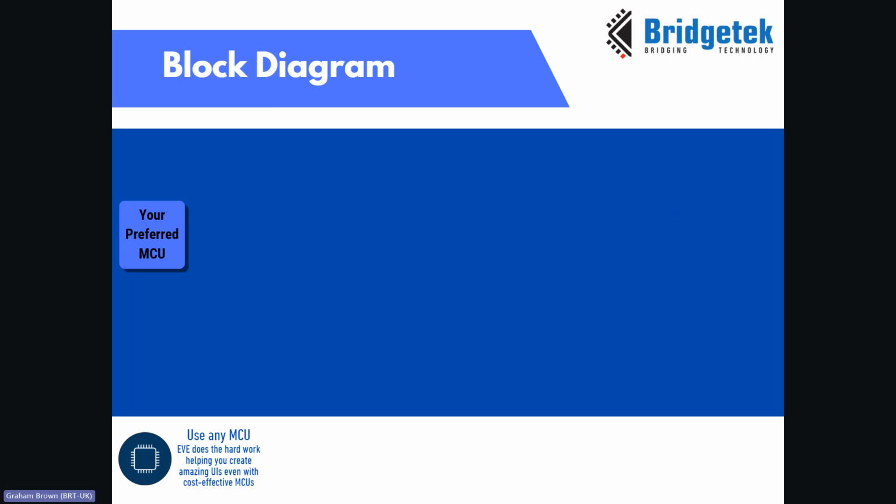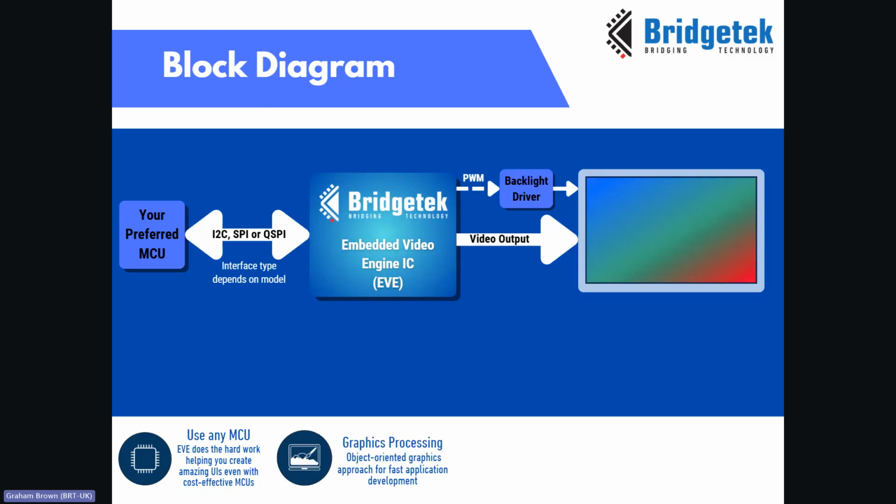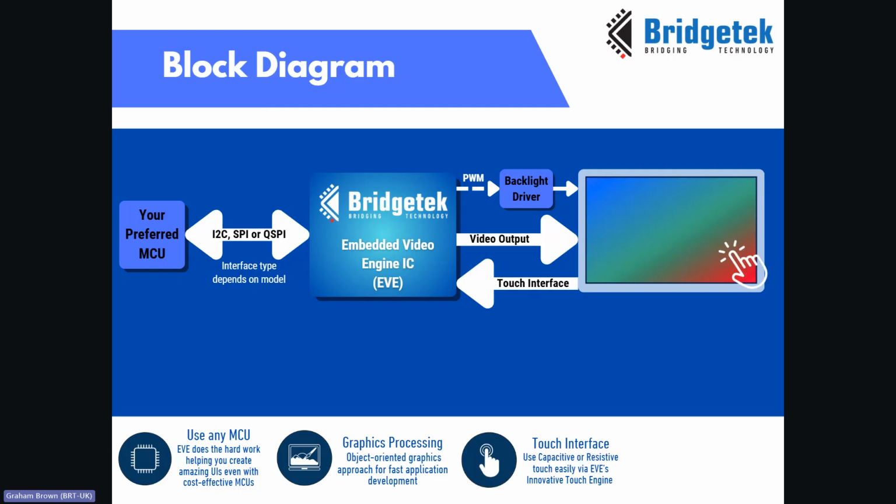Thank you, Graham. So when integrating Eve into your application, you would first start with your preferred MCU. We can then attach our embedded video engine to this MCU, which provides a graphics processing unit utilizing an object-oriented graphics approach for fast application development. We can communicate to the embedded video engine using I2C, SPI, or QSPI, quad SPI, depending on which version of Eve you're utilizing. This allows us to attach to your preferred MCU a video engine which provides video output to an LCD display based on the input